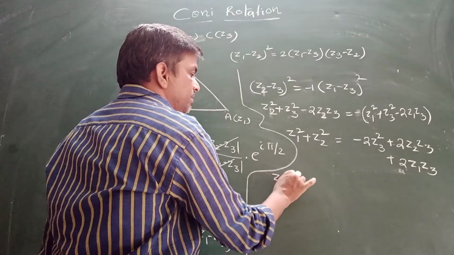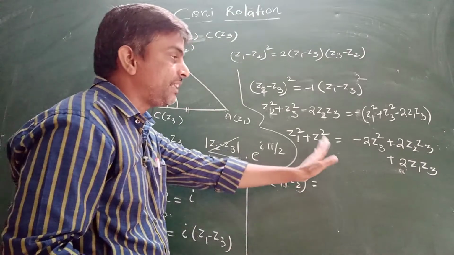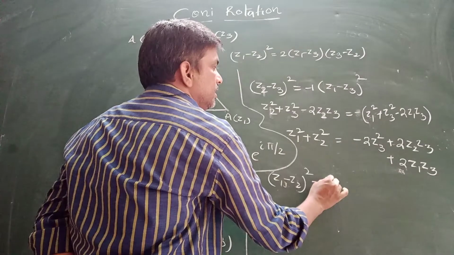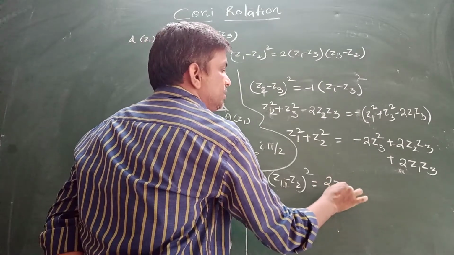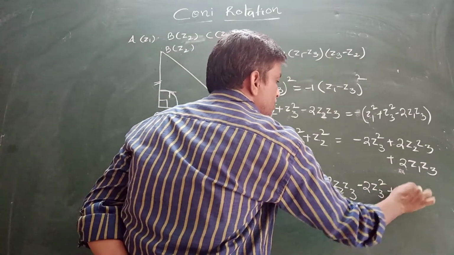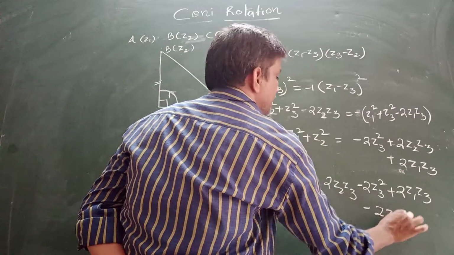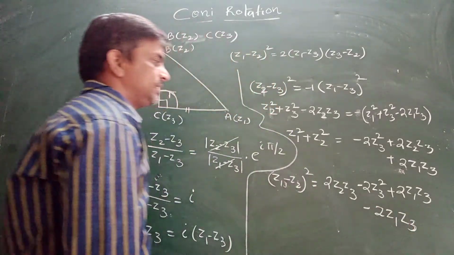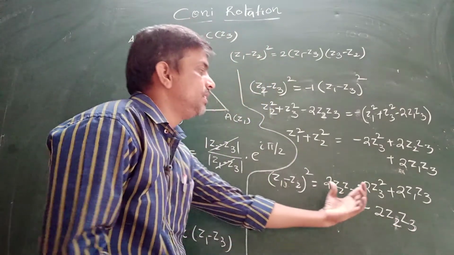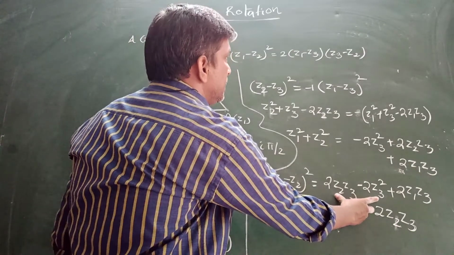I can directly write Z1 minus Z2 whole square, because after subtracting 2 times of Z1 Z2. So there, what we get there? 2 times of Z2 Z3 minus 2 Z3 square plus 2 Z1 Z3. Now minus 2 times of Z1 and Z3. Sorry, 2 times of Z2 and Z3. Now you can take the factors. Okay. Now here I can take factors.